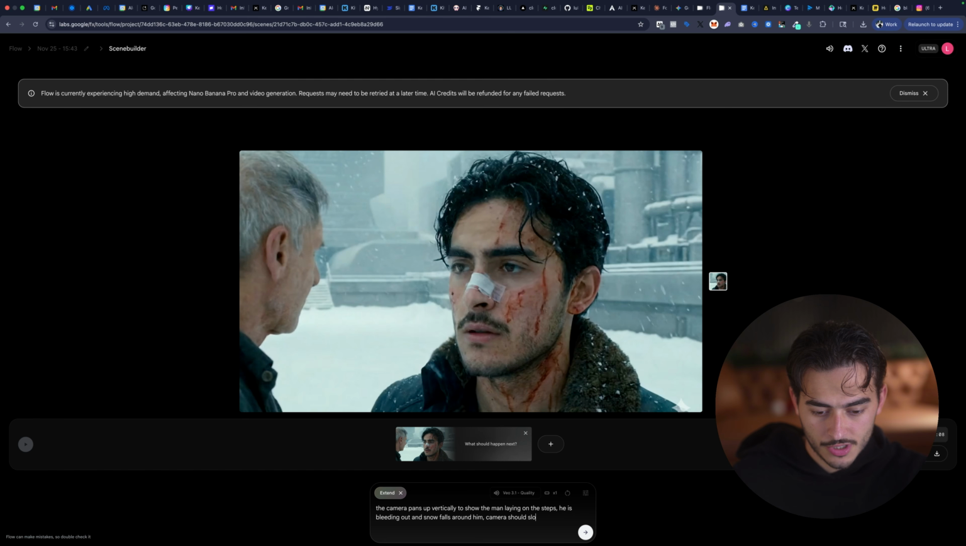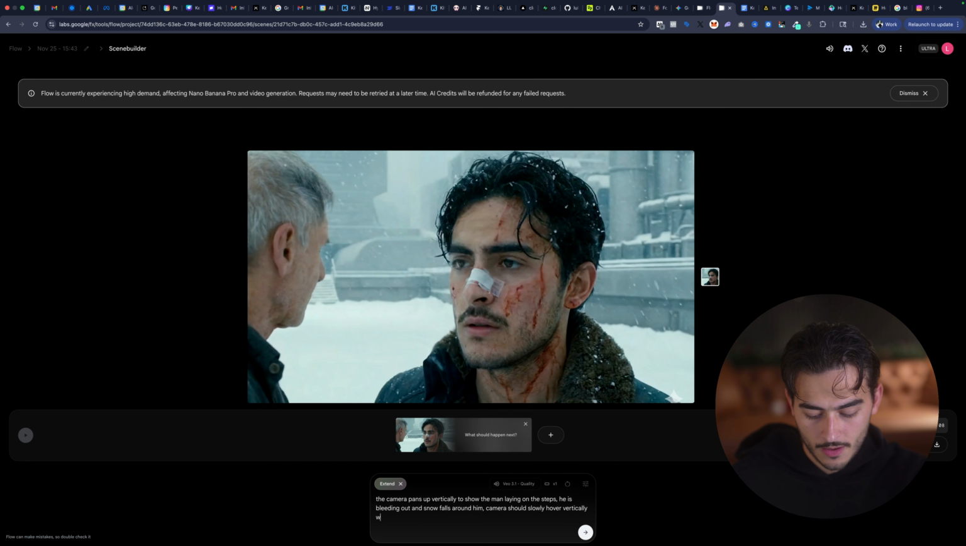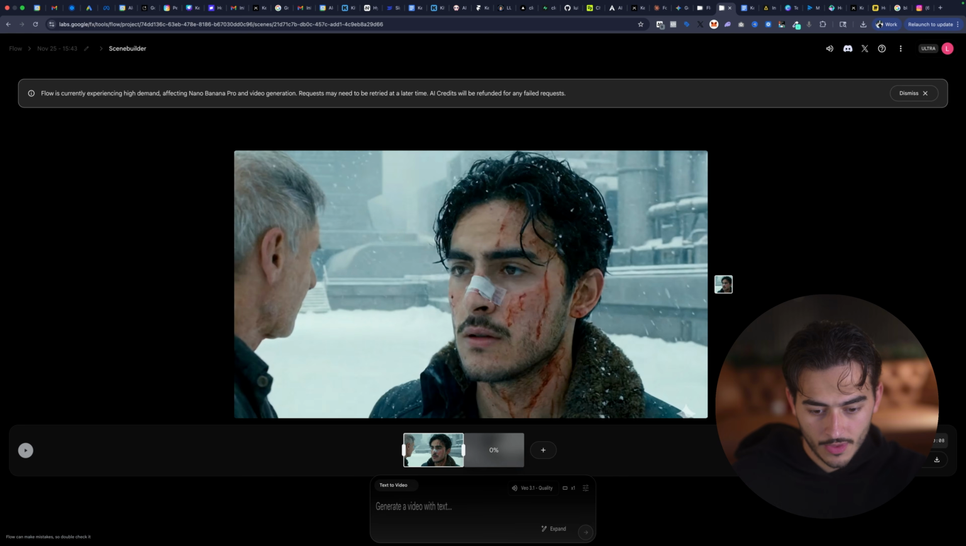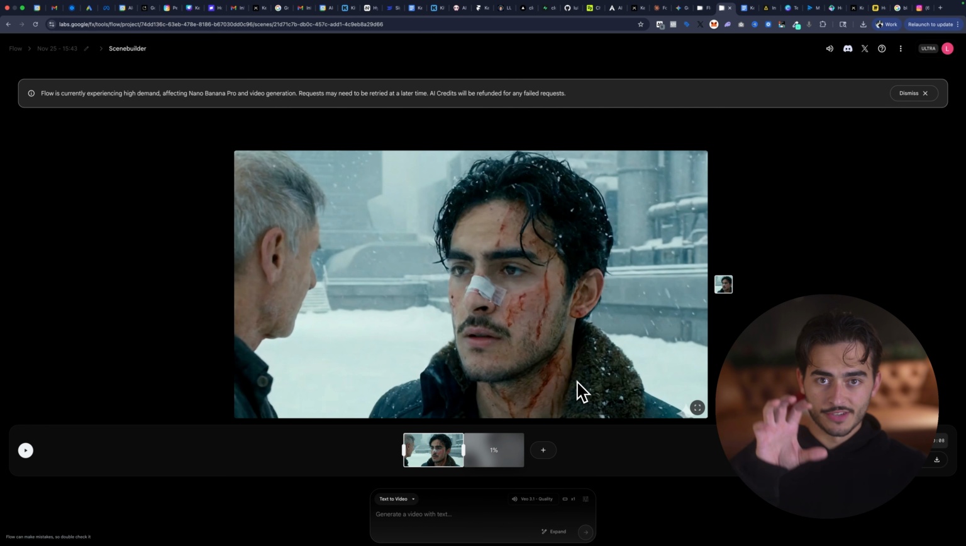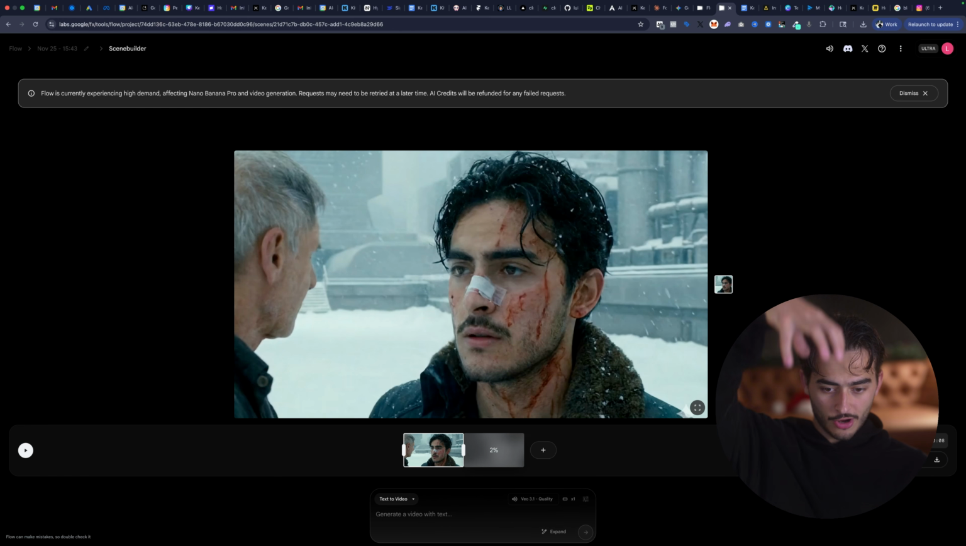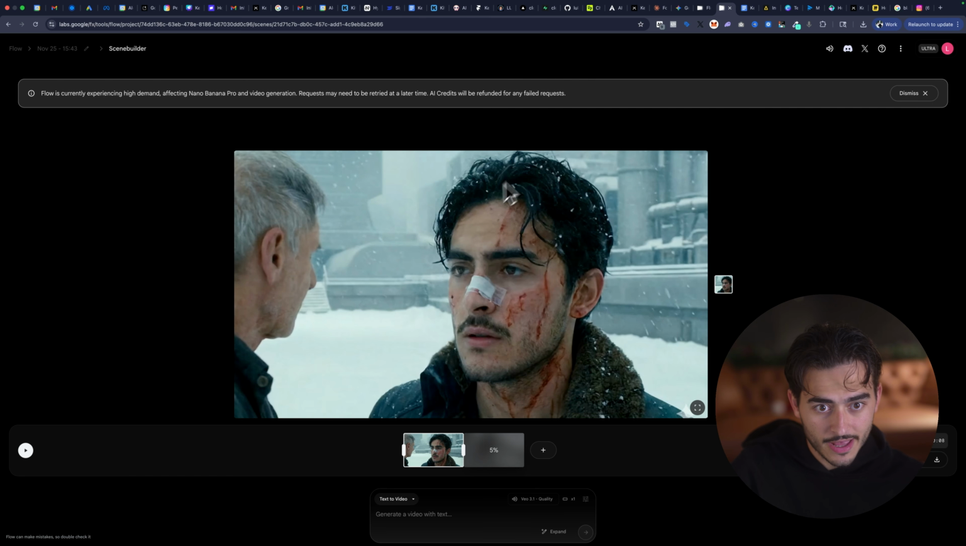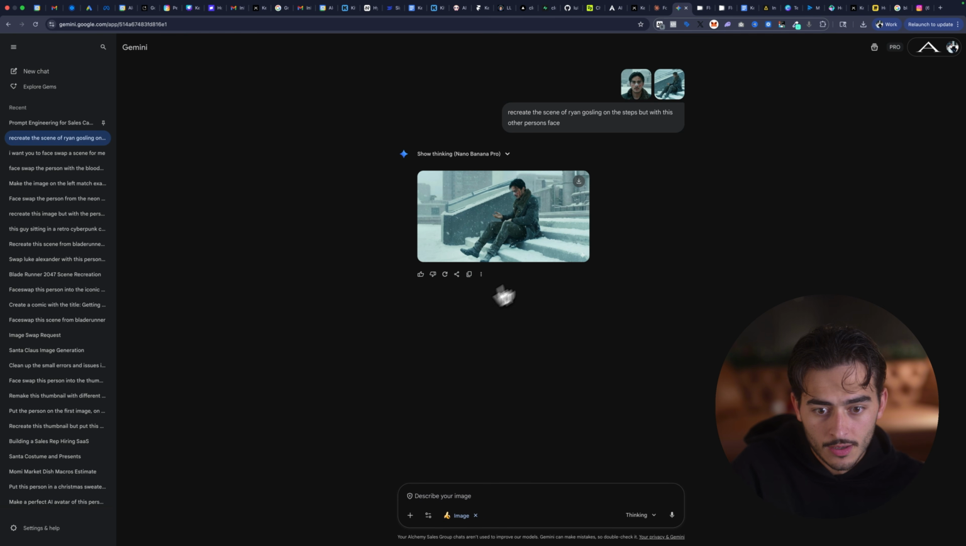Camera should slowly hover vertically while looking down at the man. So that should basically take us from the laying down angle to like a vertical sort of a raise there. That's money. There we go. See, it's just back and forth, guys. That's all this is. And so now we can take this as soon as this downloads and we can recreate